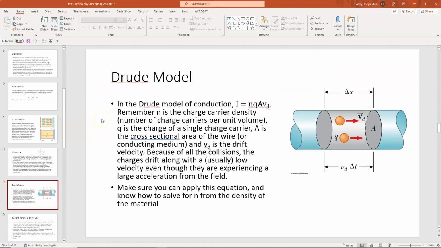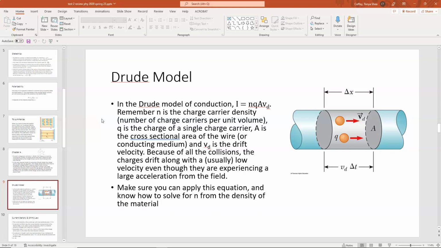So here's a little Drude conduction model that we discussed in class. We derived the fact that the current in the Drude model of conduction, I, is equal to NQA times V sub D. Here, N is the charge carrier density, which is the number of charge carriers per unit volume. Q is the charge on a single charge carrier. A is the cross-sectional area of the wire, or whatever medium you're in. And V sub D is what we call the drift velocity, which is the net average velocity of the charge